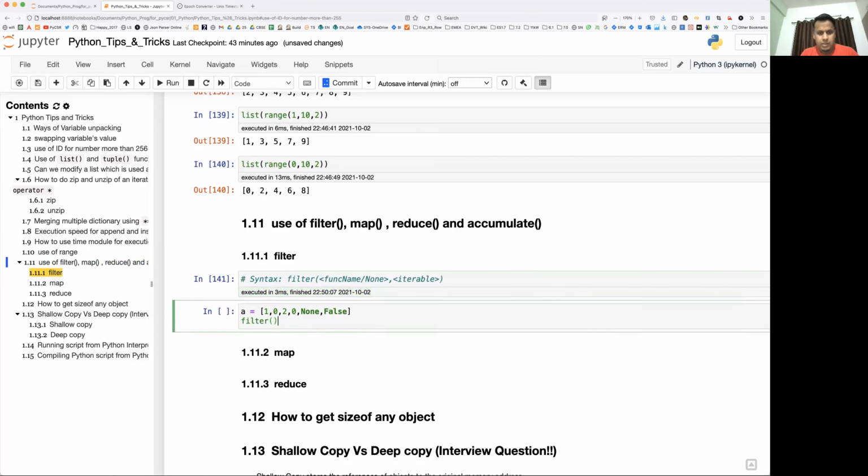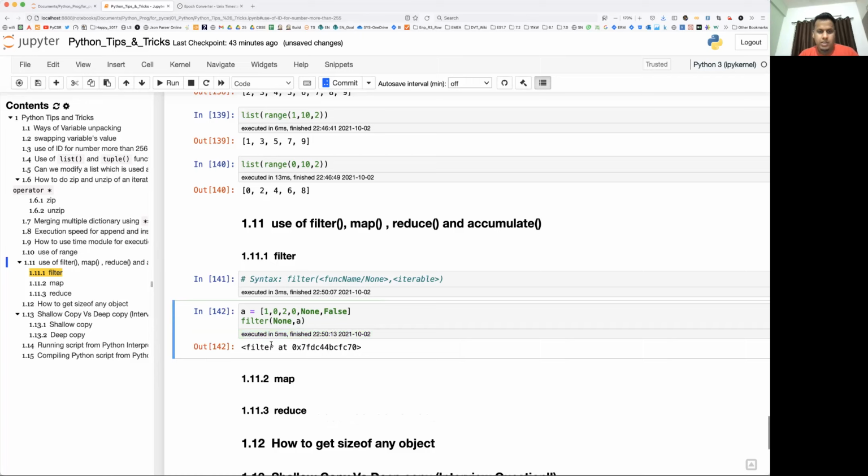Okay, so I'm going to use filter. Since I don't have any function here, I'll just mention None and use it. See, it is going to return me the filter iterator object, right? So what you can do is just convert it into a list. So you got 1 2. Why 1 2? Because 1 is a non-zero element, so it is true. 0 is false, that is a zero element, right? So any non-zero element will be returned by using filter, for which the condition is true. And None is also treated as false, and here also it is false. This is also considered a zero element or null element.